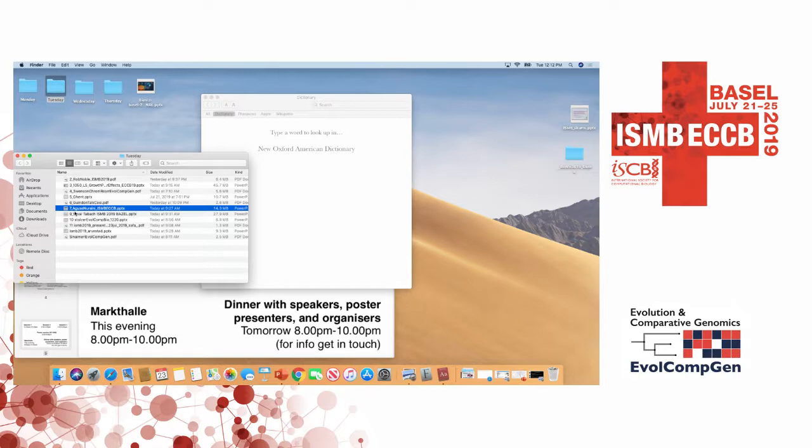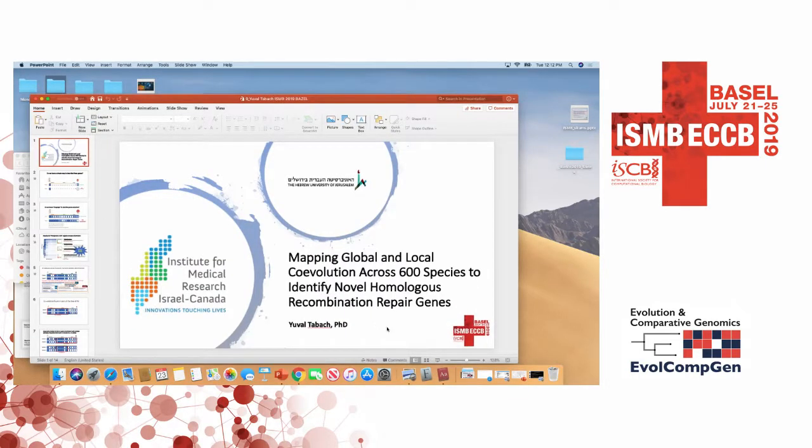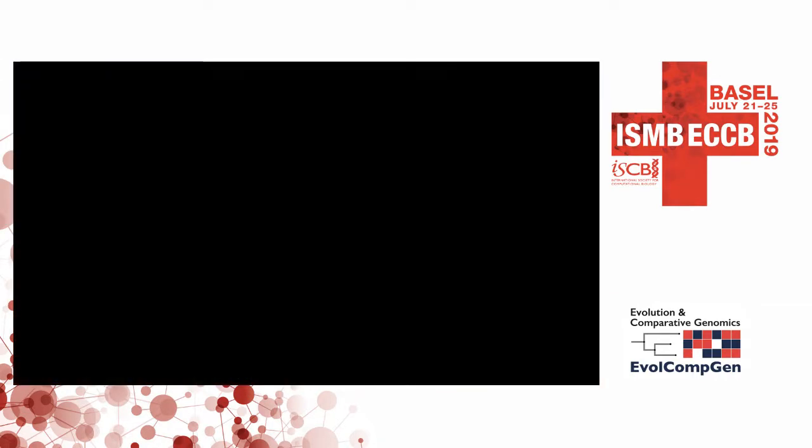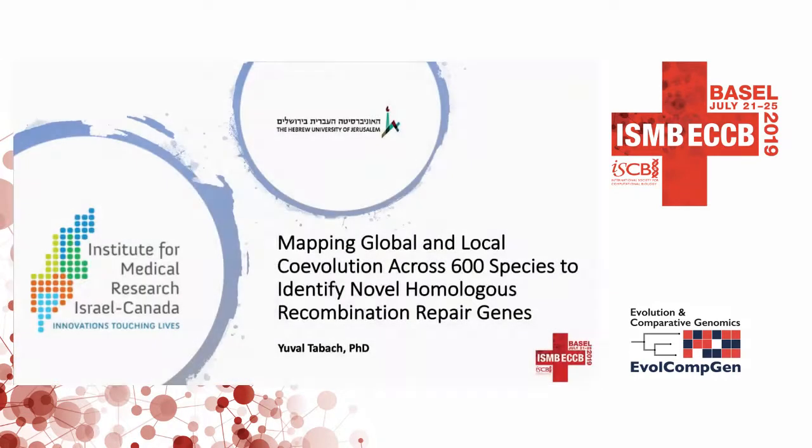So he's using the local coevolution information to identify one type of very important